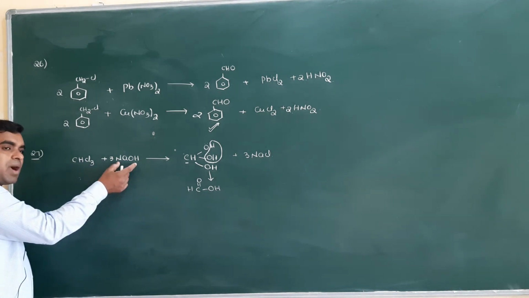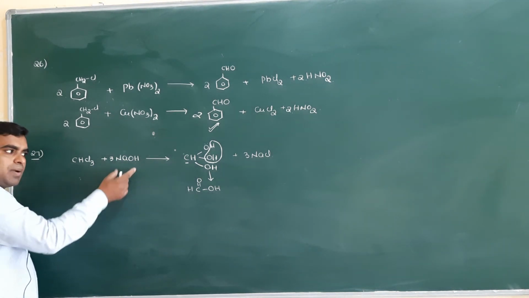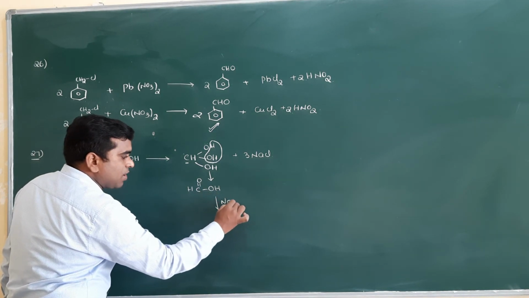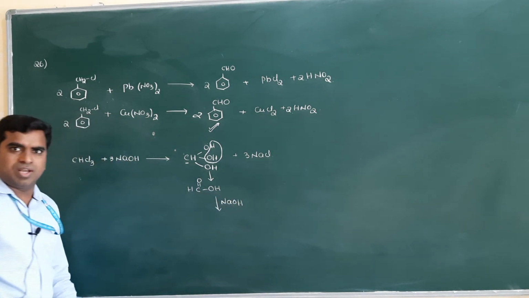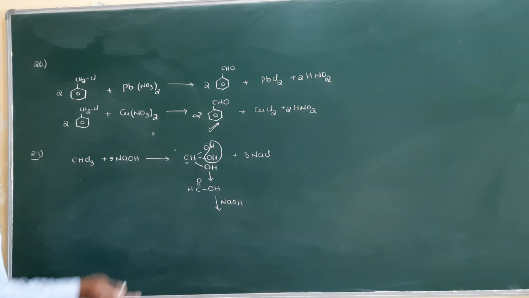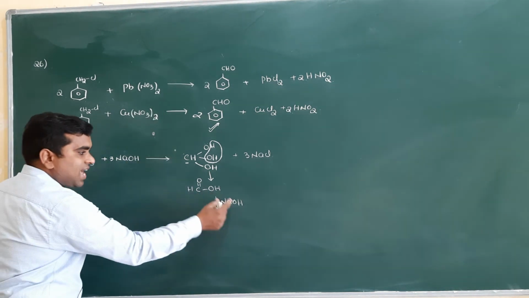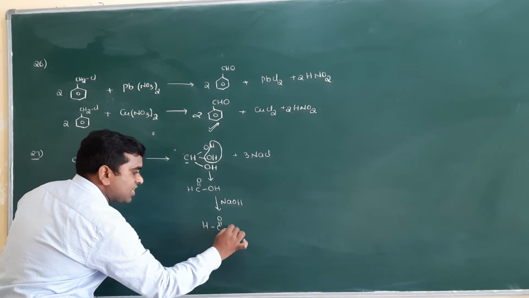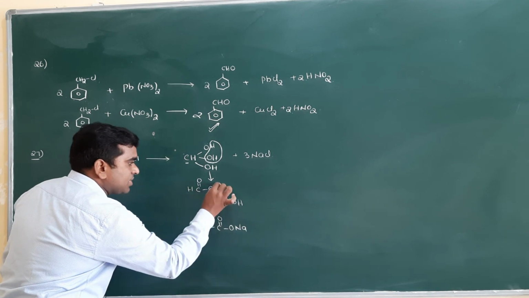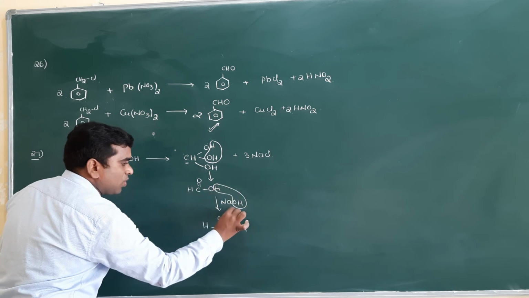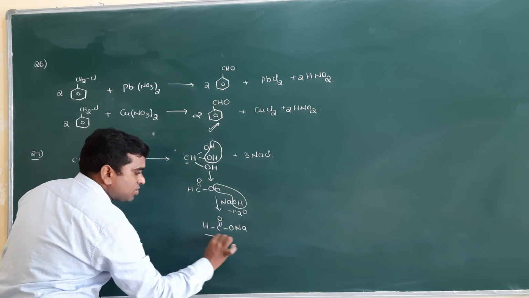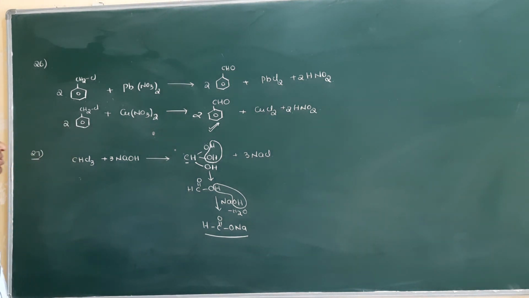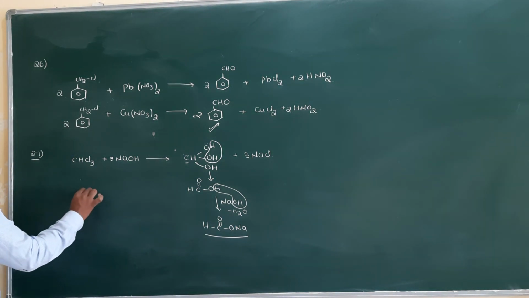But which medium have I used here? Basic medium. It is an acid, and which medium did I use here? NaOH, sodium hydroxide. So that's why the medium is a basic medium. It is an acid and it is a base, so that's why you will get a salt, HCOONa, where H and OH will be removed as a water molecule. So what is your final product here? Sodium formate, that is option 2, the correct one.